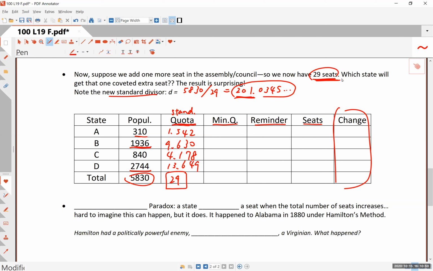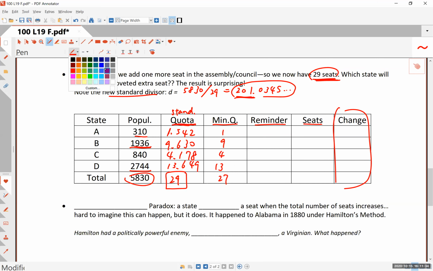Okay, but the problem, of course, is that all of these are fractions. Well, not fractions, but decimal numbers. And so how do you find the minimum quotas? Basically, it is the number prior to, or to the left of, the decimal point, right? So 1, 9, 4, 13. These are the minimum number of representatives these states should get, right? Because after all, you have at least one person here, at least 9, and 4, and 13, and so on. If you add up these numbers, what did you get? I think you get 27, okay?